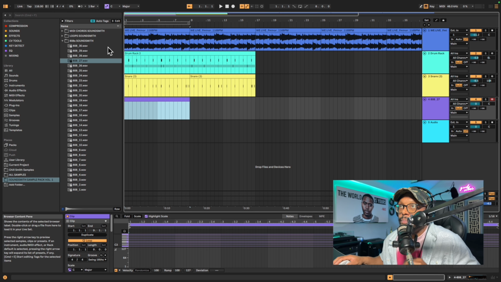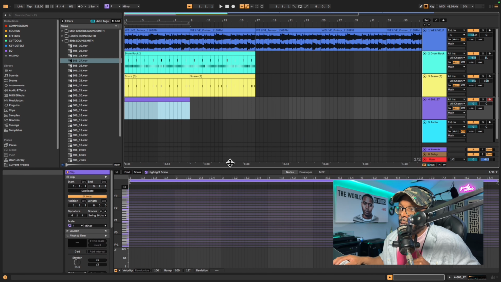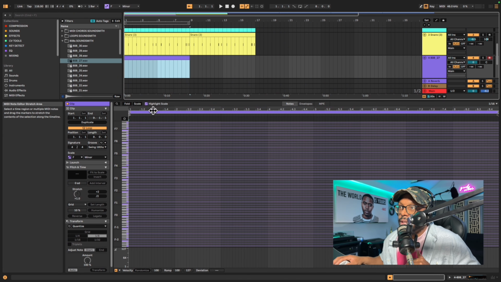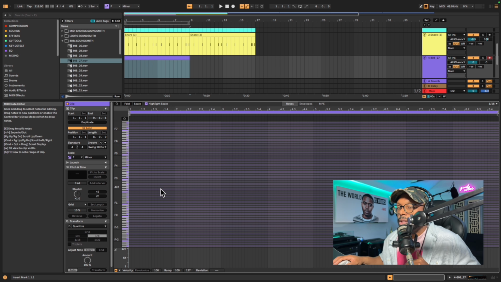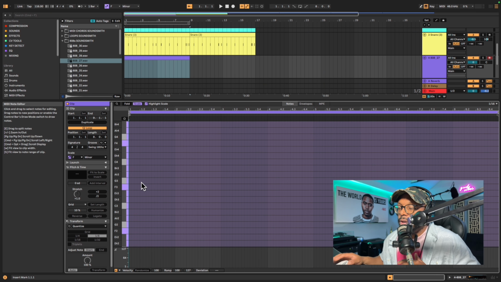I am in F minor, so I'm gonna scroll up to the top here. I'm in C major right now. I don't want that. I'm gonna click F minor. And if I bring up my piano roll, now you see I have highlighted scale here. So this is telling me the proper keys in F minor. And if I hit scale, now the only thing that's showing up is the notes relative to whatever key you